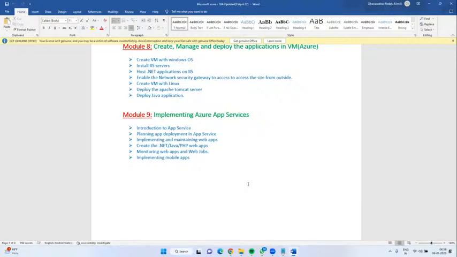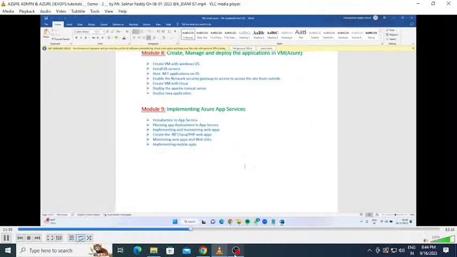To deploy a Java application, what web servers are required, guys? Any idea? Tomcat. Yeah, Apache Tomcat, or else we can go for WebLogic or WebSphere or JBoss. Am I right? Yes, sir. So the installation of Tomcat, Apache, WebLogic or WebSphere,